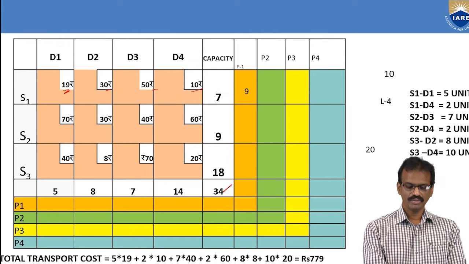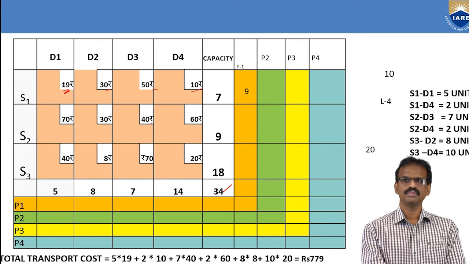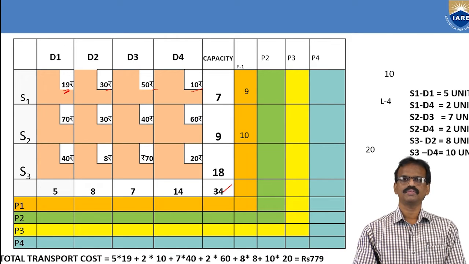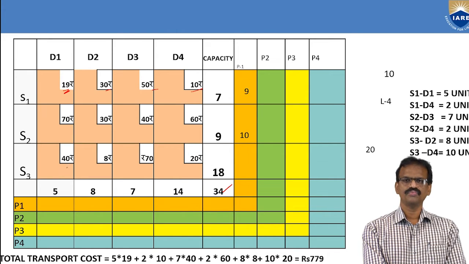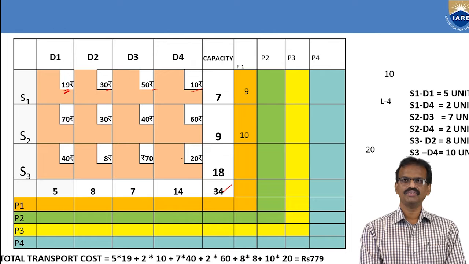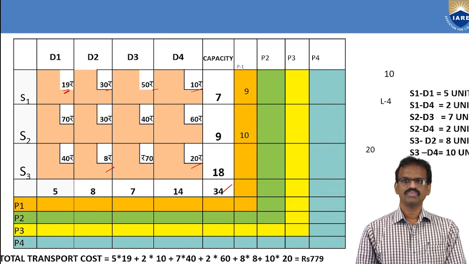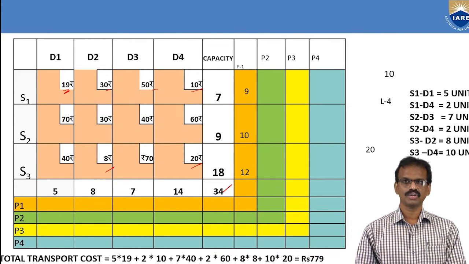Similarly, for the second row, the minimum value is 30 and the next smallest value is 40. So 40 minus 30, and here 10 is the penalty value. Next, the third row: 48, 70, 20. The smallest value is 8, and the next smallest value is 20. So 20 minus 8 is equal to 12. That is the penalty for the third row.